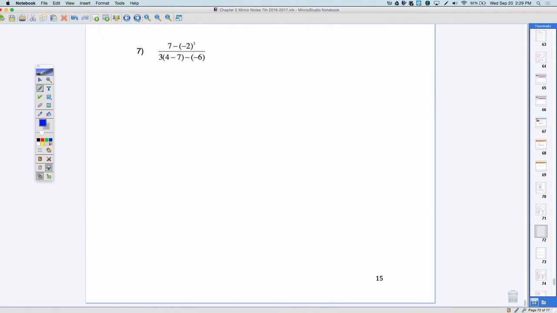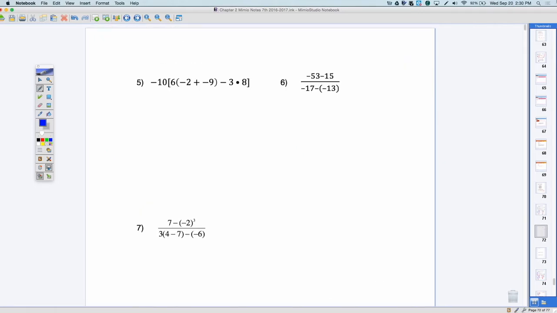All right, number 5, more grouping symbols. So we have negative 10 times, and then inside our brackets, 6 times negative 2 plus a negative 9, close our parentheses, minus 3 times a negative 8. So the first thing that we're going to do here is inside your brackets, we're going to do the parentheses. So it's negative 10, we'll bring everything down,